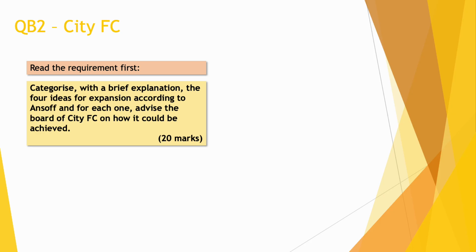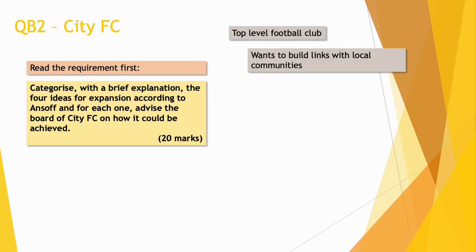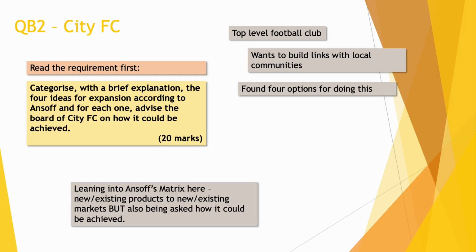So again, when we read this scenario, we discover we're a top-level football club, and we want to build links with local communities. Well, "want" might be a strong word. We're being pressurised into it by our shareholders, and they found four options for doing this that they want you to talk through. Now, again, this is clearly leaning into Ansoff's matrix,